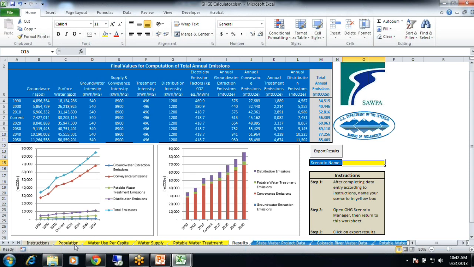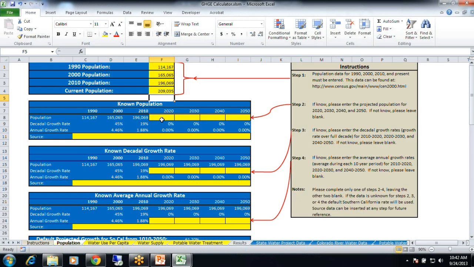Of course, as you know, their site-specific data is not provided, but I do have a little bit more site-specific data. I have 2020 and 2030 data for this area. So I'm going to go ahead and put that in.